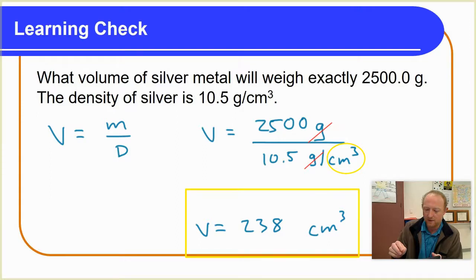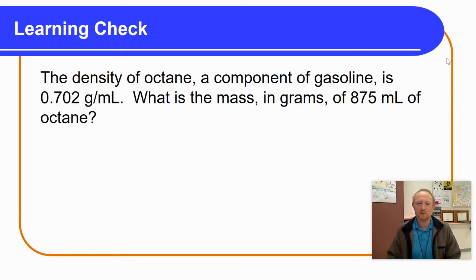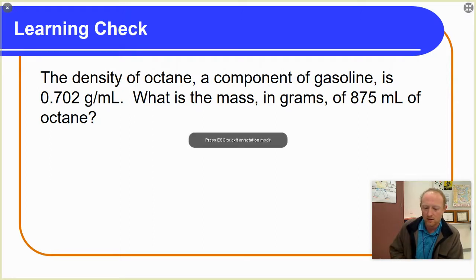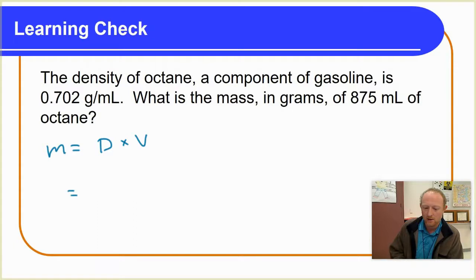Let's look at one other practice question. In this last practice question, we've already solved for the density of an object, and we solved for the volume. So of course, in my last example, we want to solve for the mass. It says that the density of octane, which is a primary component of gasoline, is about 0.702 grams per milliliter. What is the mass in grams? Okay, so in this problem, we want to know the mass. The mass of an object is equal to the density times the volume. So I'm going to use parentheses just to separate things, try to keep it neat. Our density is 0.702